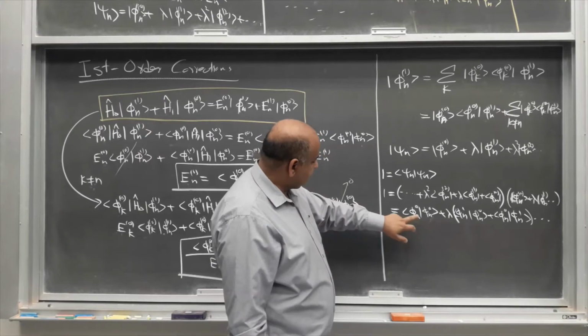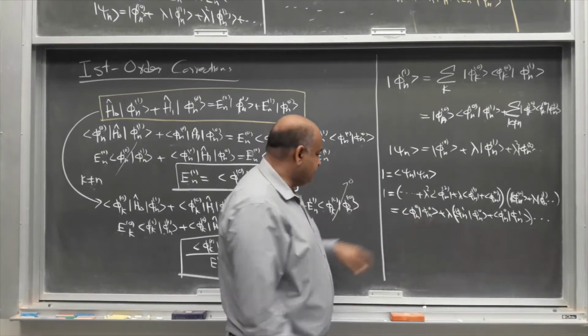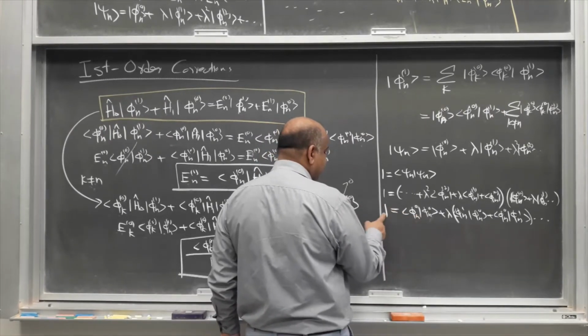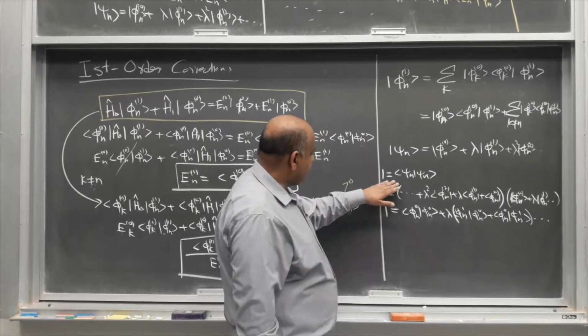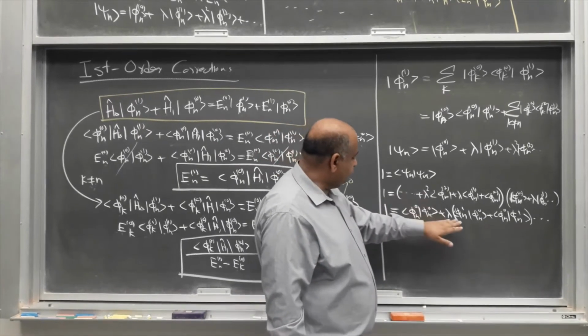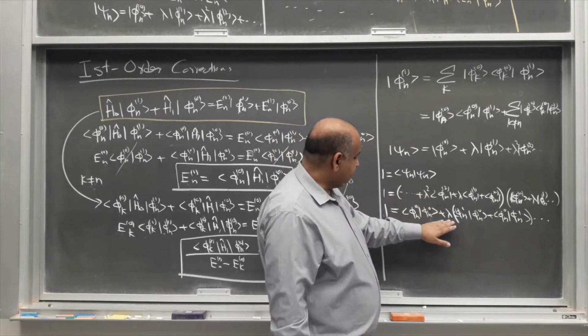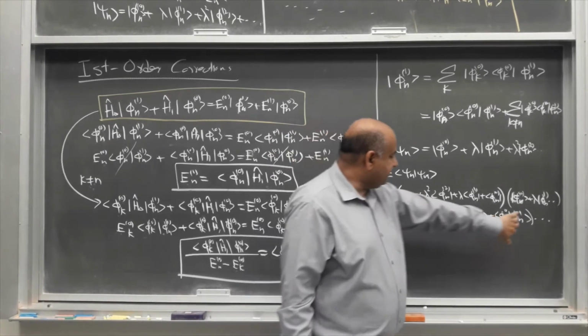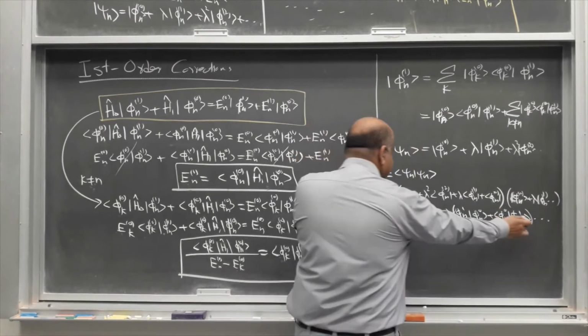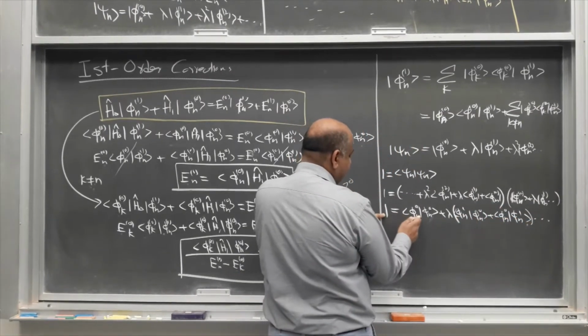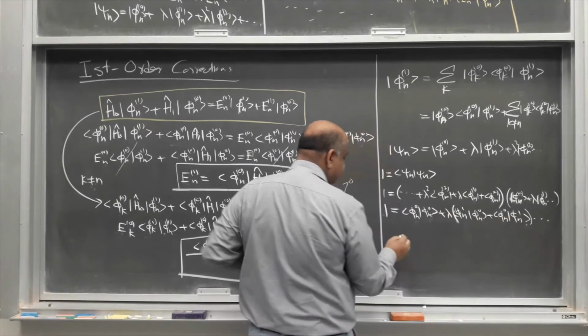The first is 1 because phi n0 is already normalized. So if this is 1 and there is 1 on this side, and we want this to be normalized up to first power of lambda, the remaining part should be 0, which means that